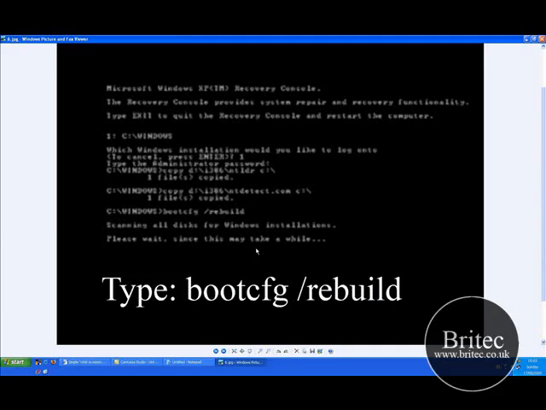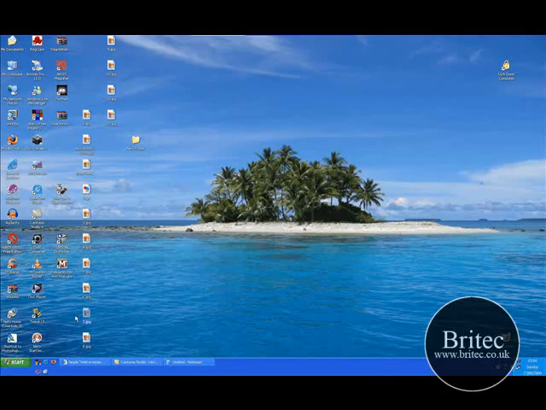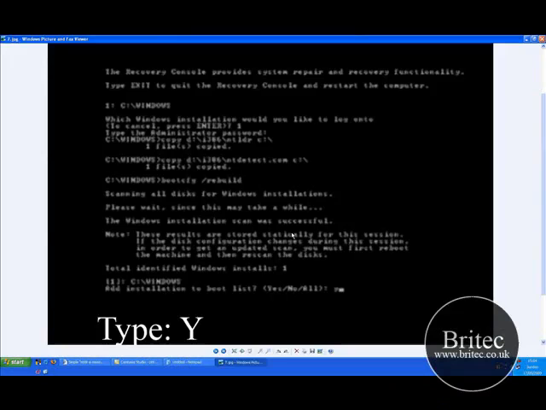So you need to type now bootcfg /rebuild. This will start to rebuild the boot config. You will see "Scanning all disks for Windows installations" on the screen. That's what you need to do, and you just give it a little bit of time and it will start to rebuild. And then once you get that done, you need to do this next step, and it will come up with